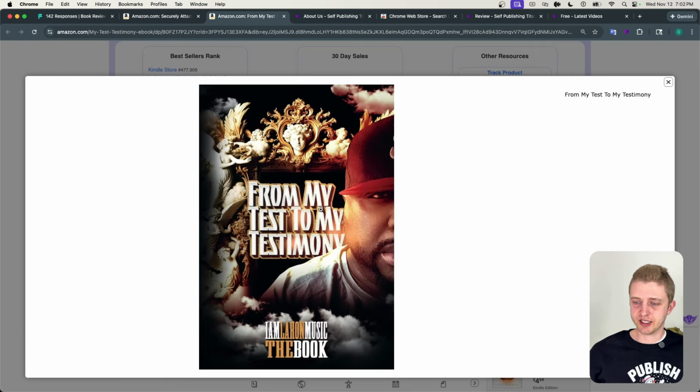So next, let's look at the cover. The cover looks quite interesting. I like that we have the text in the middle. This text right here at the bottom, I find slightly hard to read. I would probably change the font to something slightly easier to read, but that would be my preference. I like that we have the angels on the sides and kind of an interesting idea to have the face cut off. So since we are getting some sales, I wouldn't make drastic changes